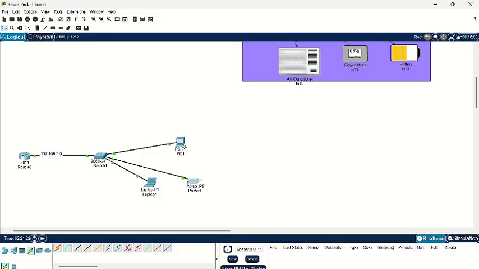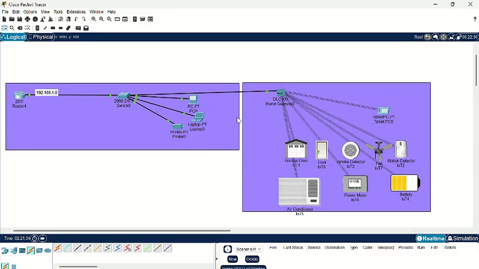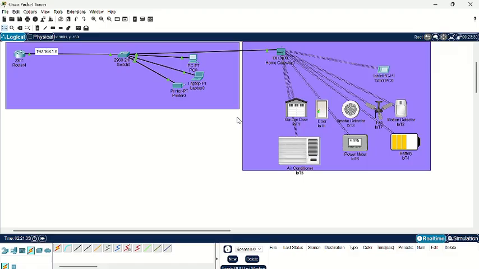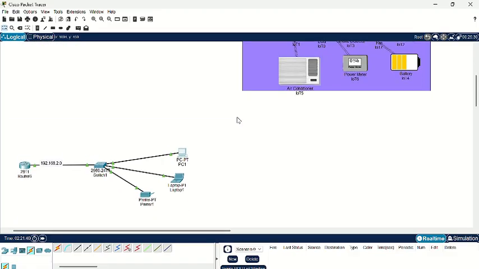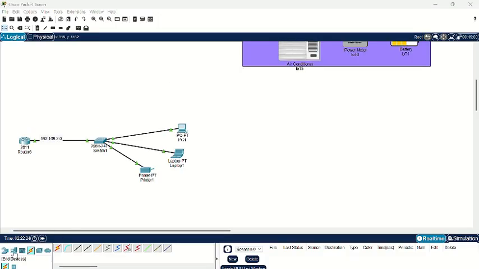So first we will assign its DHCP, and the DHCP request is successful. So now we're gonna add the home gateway,